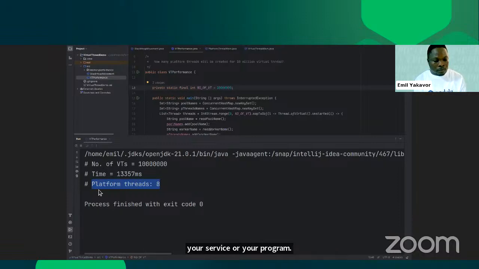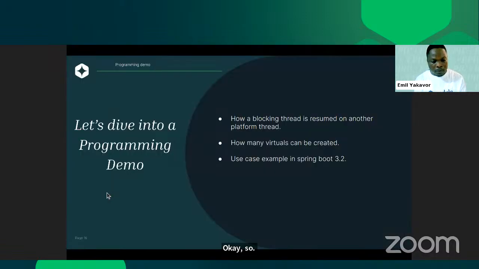Okay. So I'll just move on to my last demo, which is the use case in Spring Boot 3.2. So when virtual threads were released, I think Spring Boot also